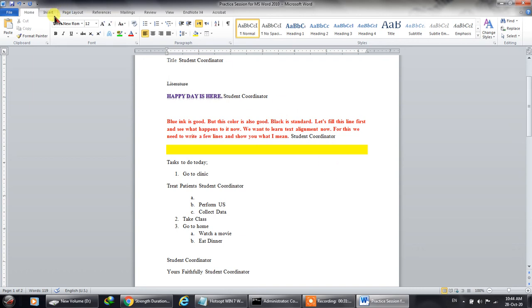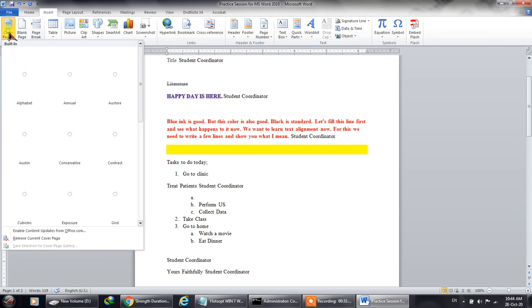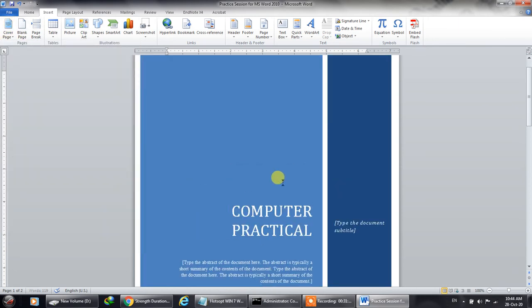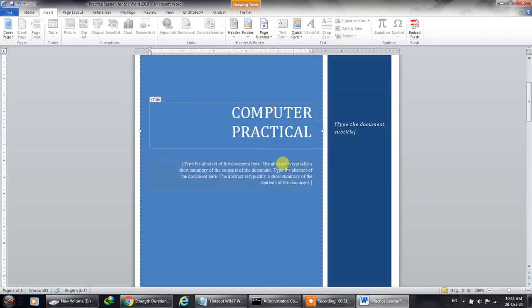Then in the insert tab, you can insert all these things. For example, a cover page. Let's say you have created an assignment and this is your cover page. It's very similar to the title page of a book.